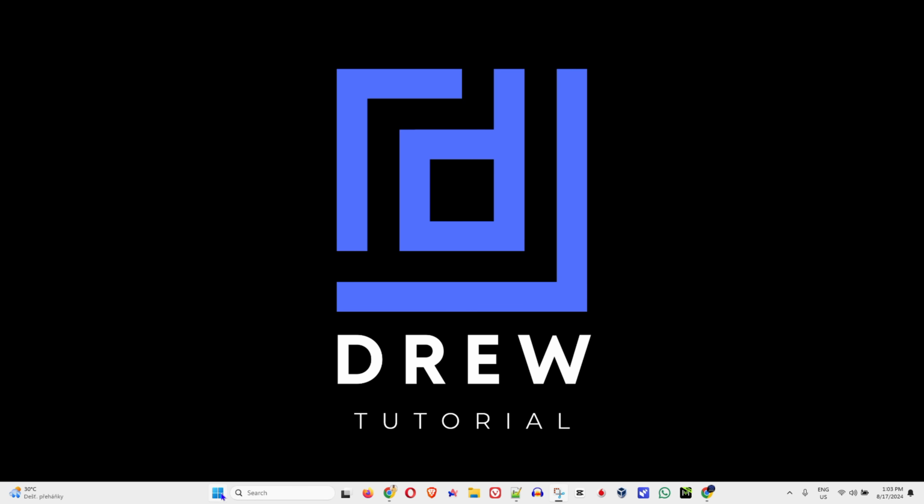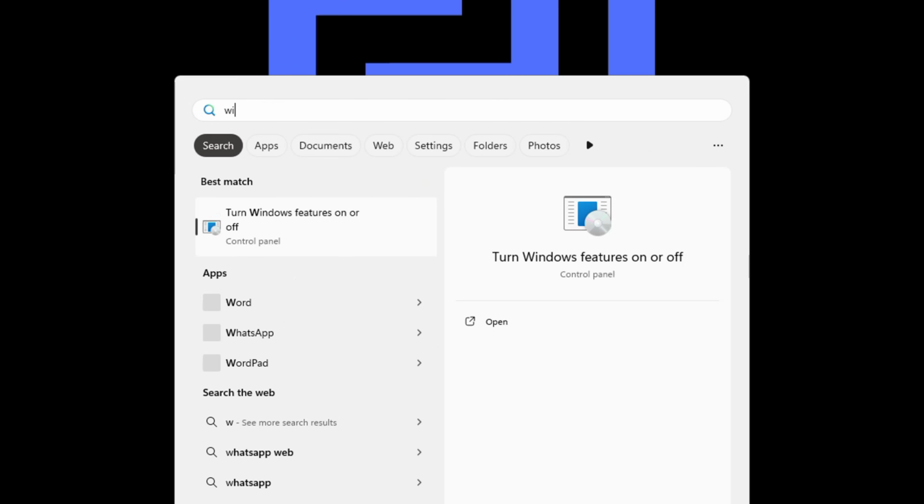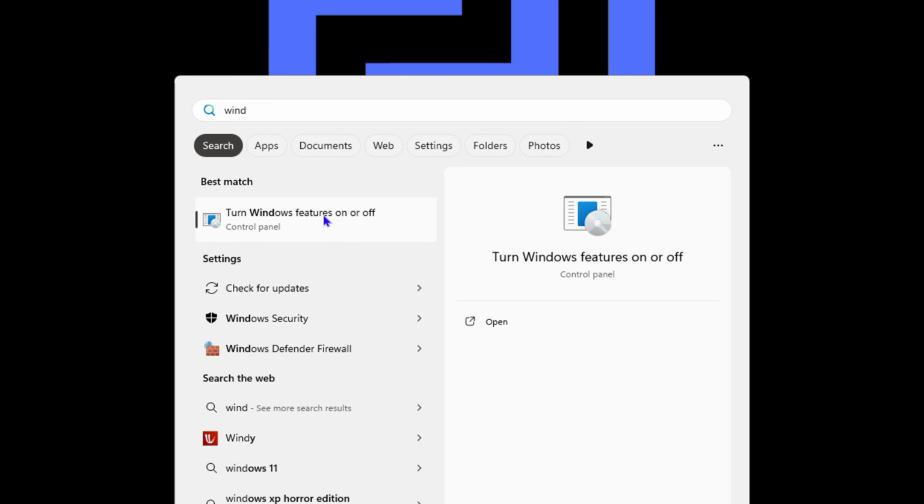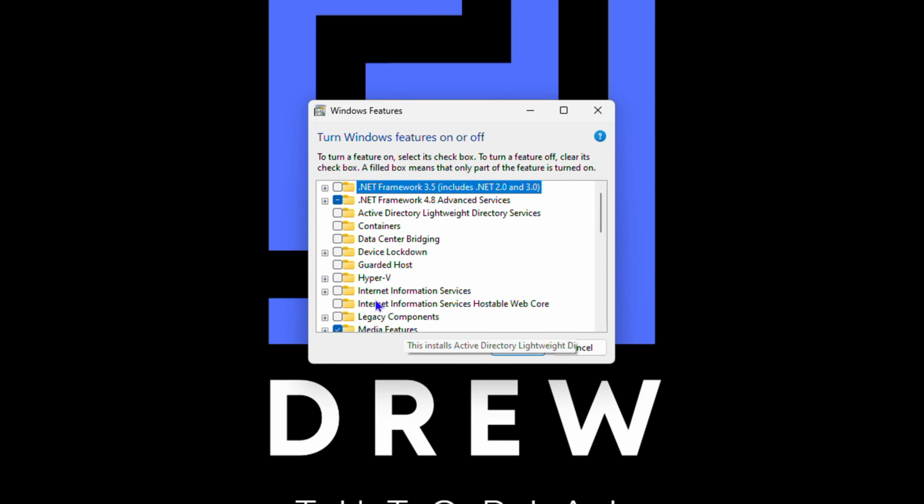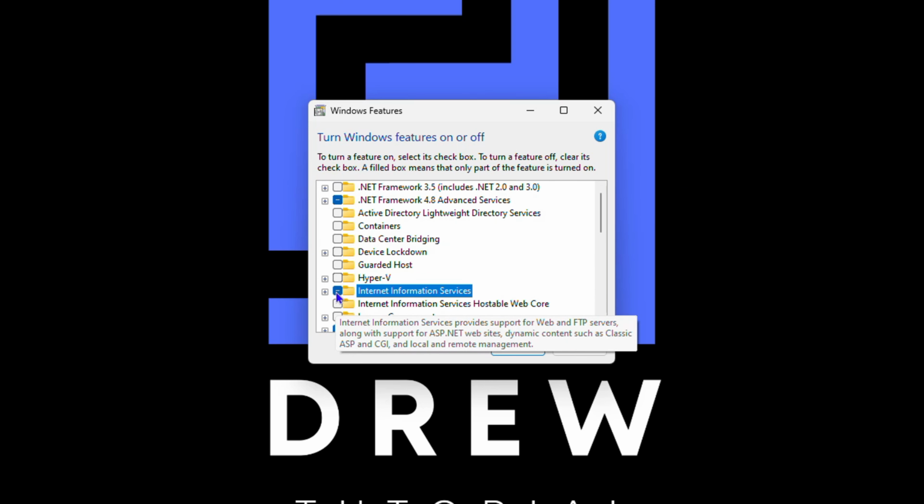Now, simply click the Windows key on your keyboard and type in Windows. You will find Windows features on or off. Click on that, and in the list you will find the option that says Internet Information Service. So if you want to enable it, simply check this box, click on apply, or if you don't want it,